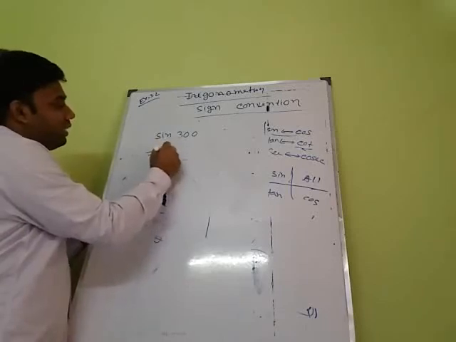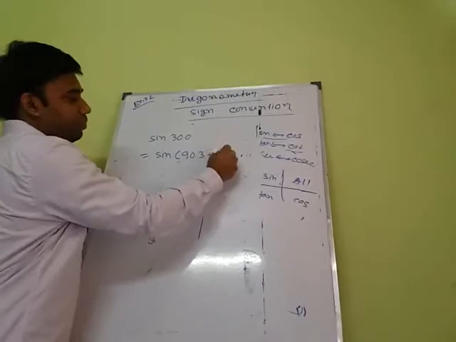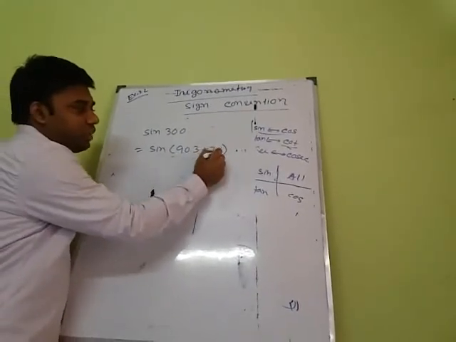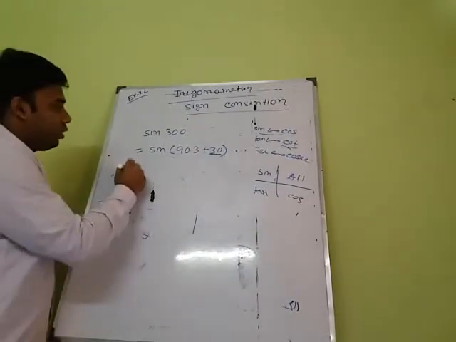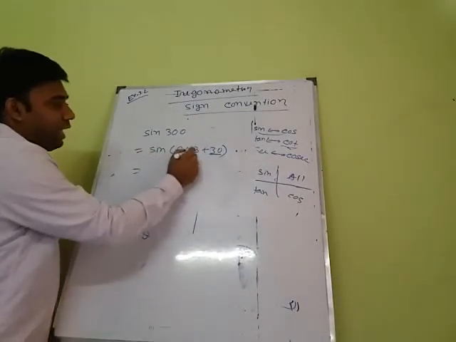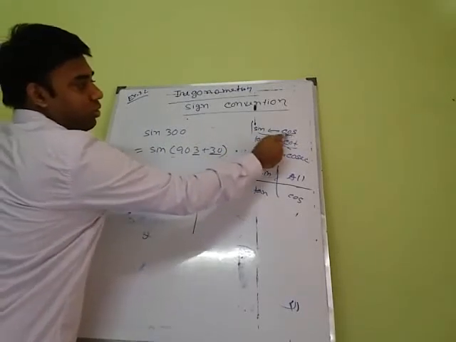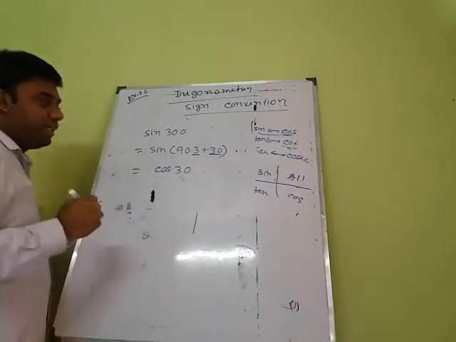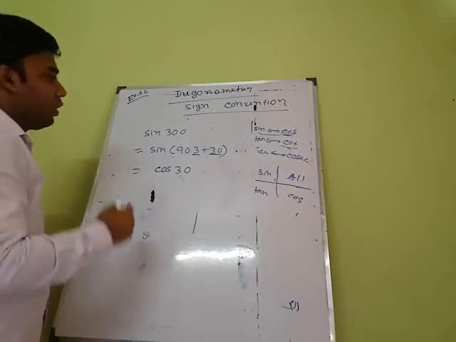So change it into sine of 90 into 3 plus 30. 90 into 3 is 270, plus 30. That portion must be changed into an acute angle. Okay. So sine of 90 into 3, as it is an odd number, it changes according to the law into cos 30 degree. Now consider its sign. What will be the sign of it?